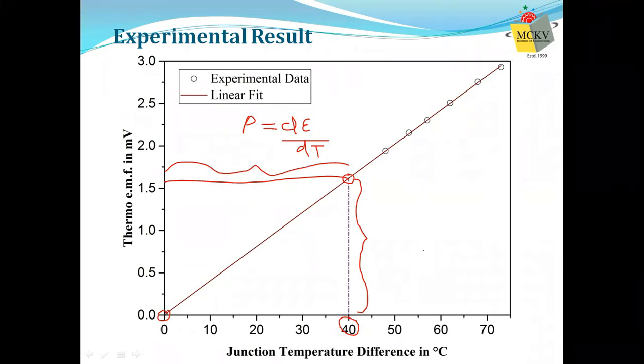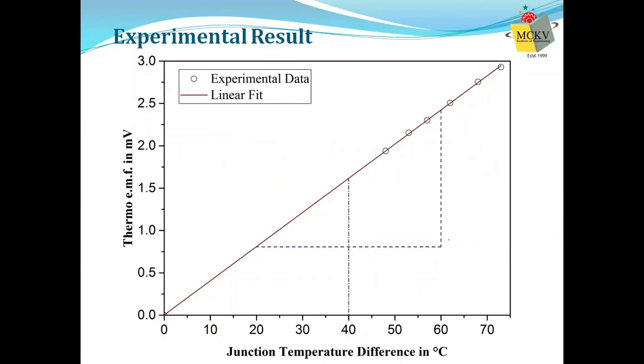Or what you can do is choose two different points other than the origin, and then draw a triangle. You choose one non-origin point like here, and the other non-origin point like here, and draw a triangle. And again, find this value and find this value. Divide the two, you will have the slope. And since it is a straight line, it does not depend on the choice of your point. So this is the power.